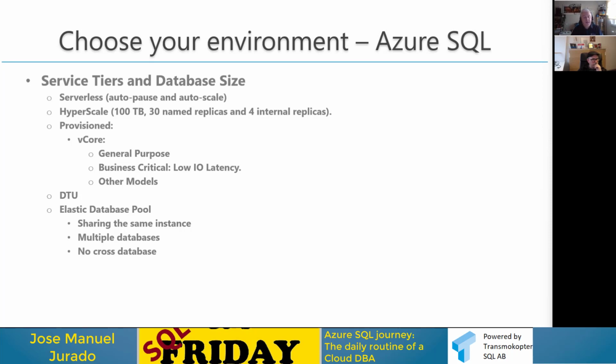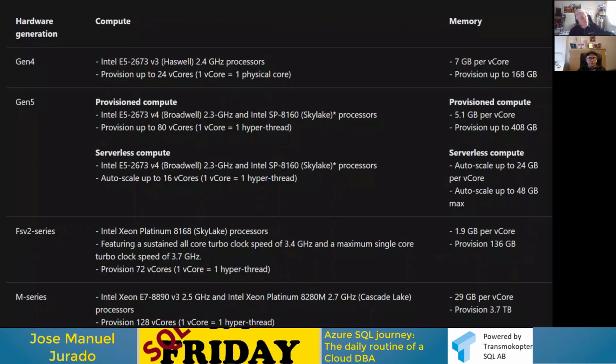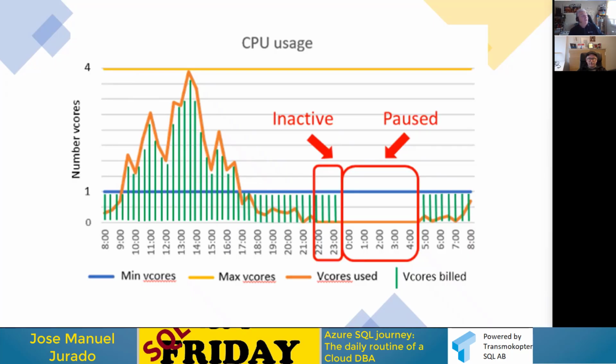Of course, we have several details on whether Elastic Pool is the best option or not, but I don't want to take more time for this because we have other sessions, other slides. We have other methods, or other databases. As you could see, this is an example. Most probably right now it's not up to date, but of course you have a lot of details that I'm not going to take more time for.